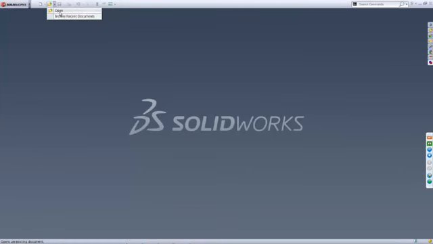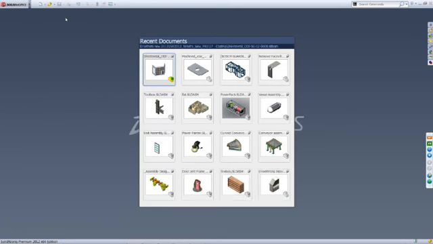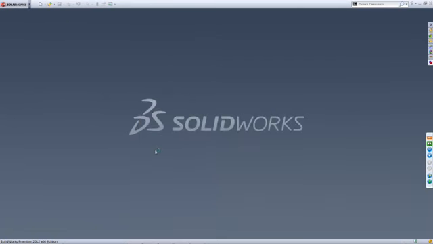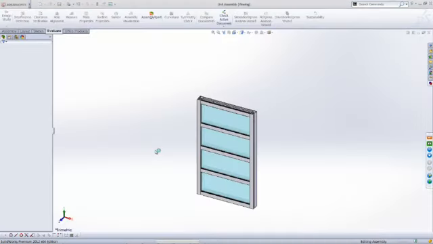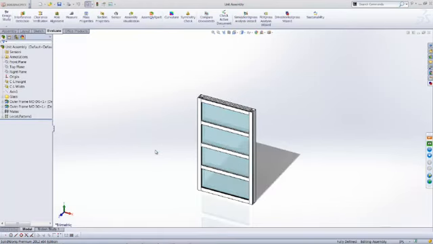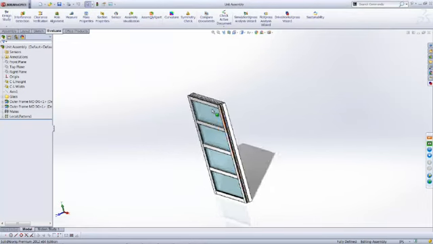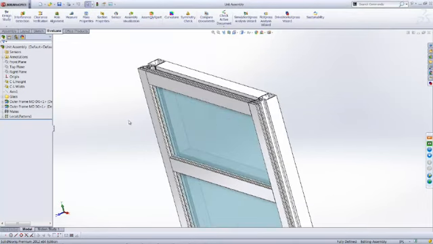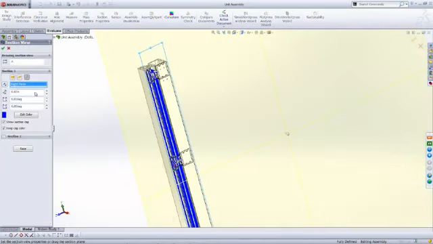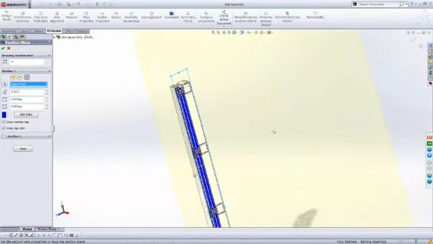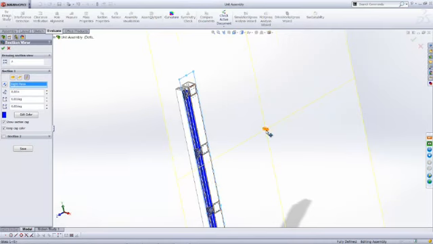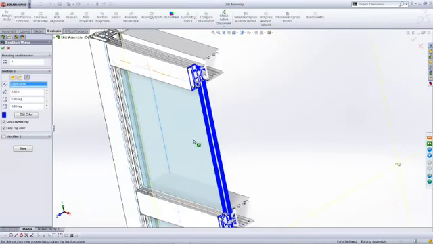Let's go browse for my recent documents, and let's start off with this window assembly. I love this window assembly. It's a very nice example of how you can make use of DriveWorks Express to create highly varied designs that are slightly different. Now this is a typical case here. Let's take a look at this. Let's take a section view to have a look. Now what I have here is a generic design of a window, and the basic template of it is a